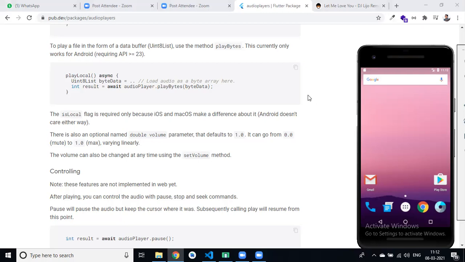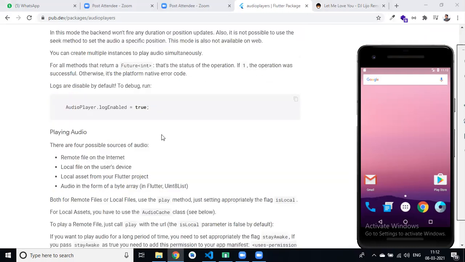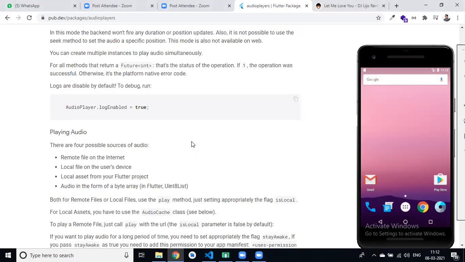So your assignment is this simple, not a big task to play sounds in Flutter because of this package, right? So explore this audio player package and create a music player.